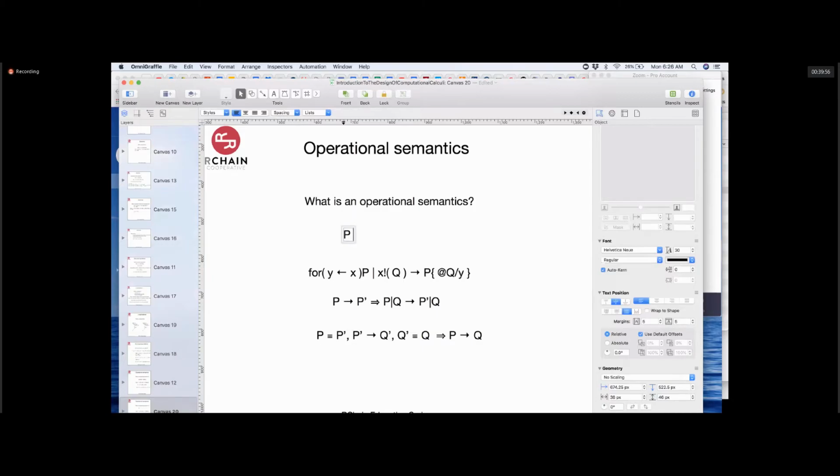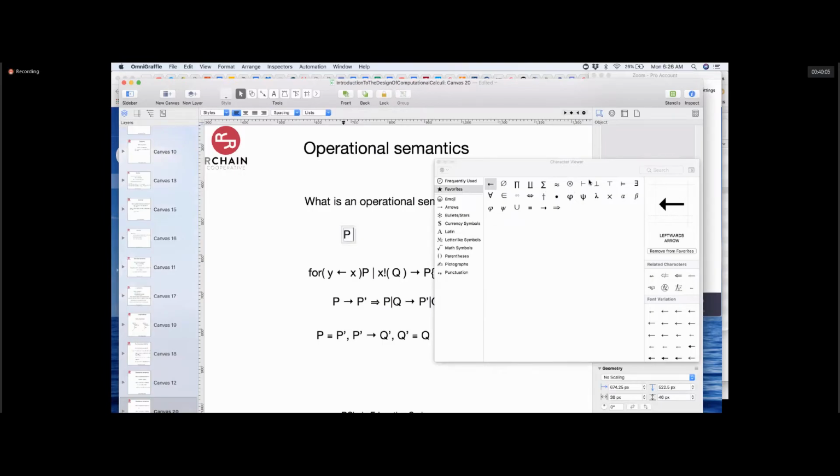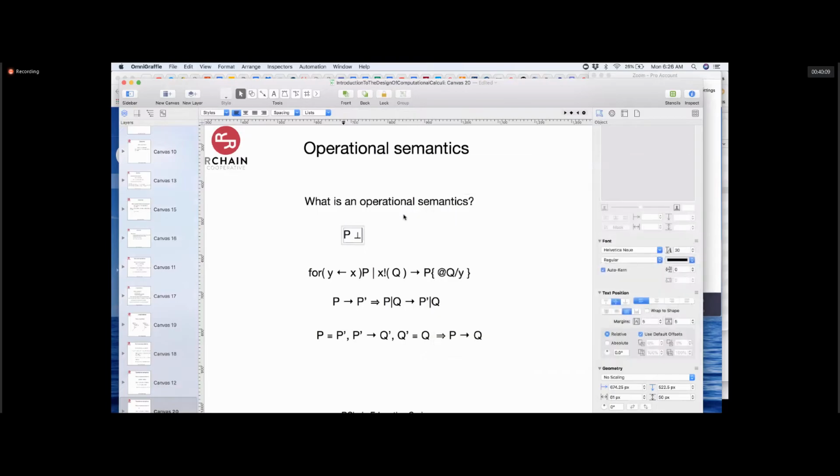So we say P annihilates Q if and only if